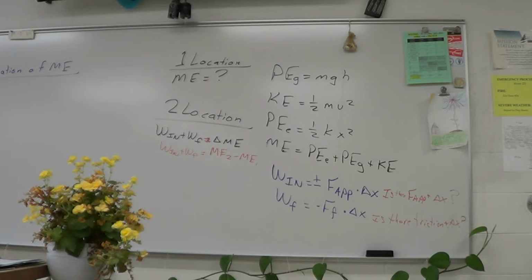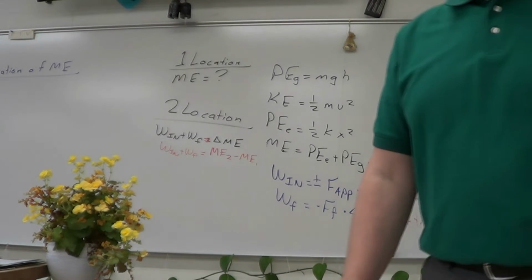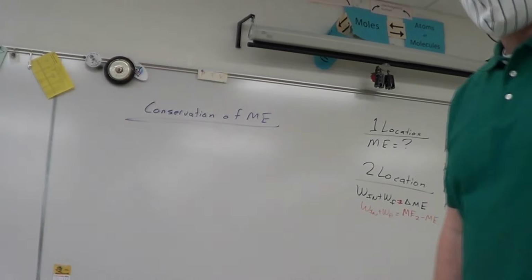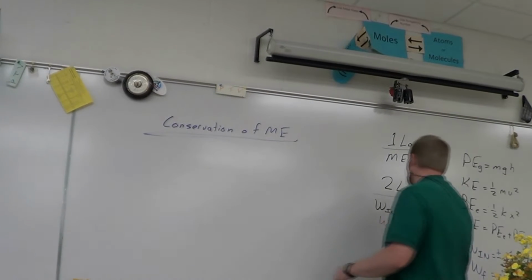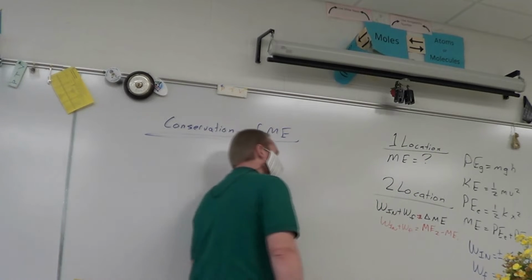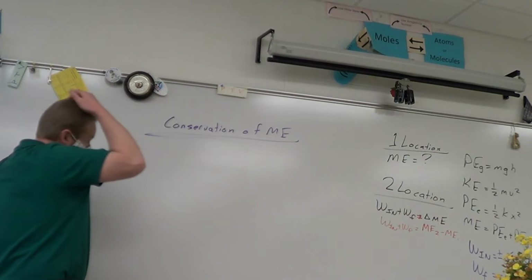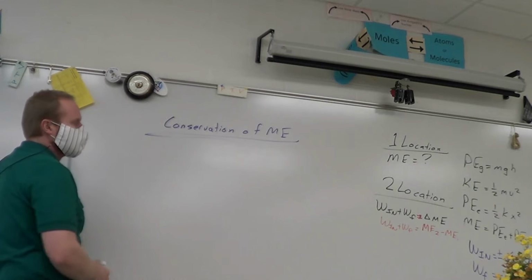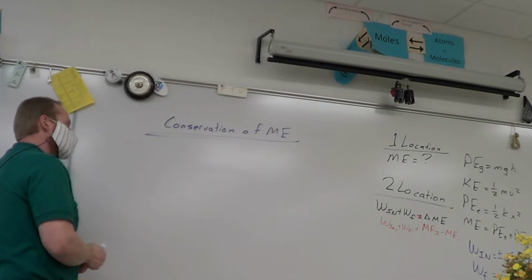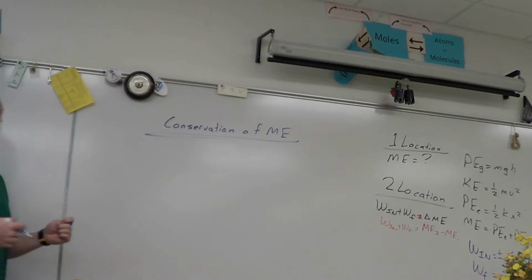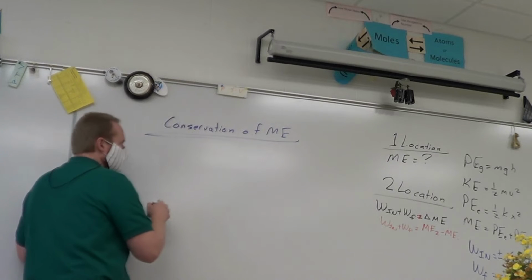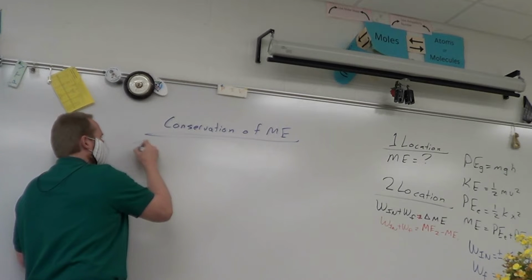There's a special type of two-location problem, and that's the type we're going to start with. That two-location problem is called conservation of mechanical energy. Conservation of mechanical energy is a two-location problem, but it has some conditions that need to be met. So in order for it to be a special type of two-location problem, which we can refer to as conservation of mechanical energy, there's two conditions. If